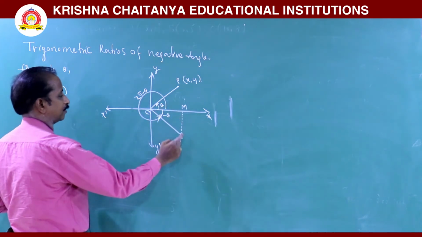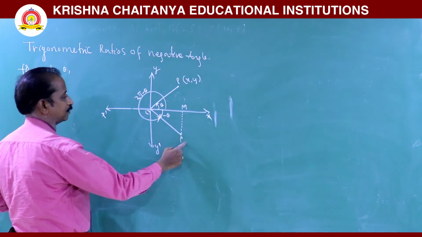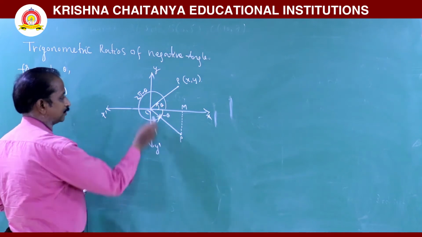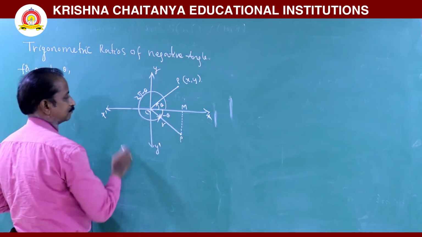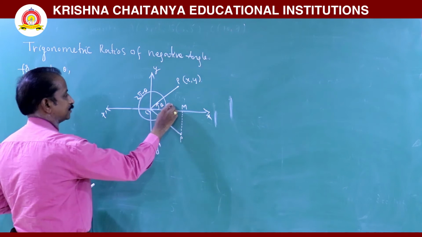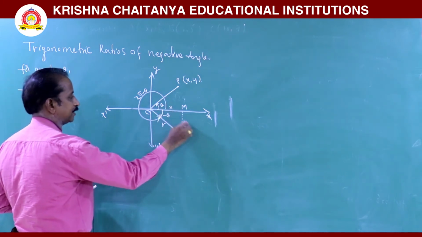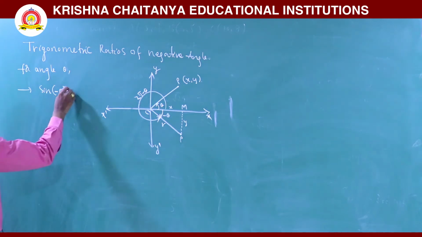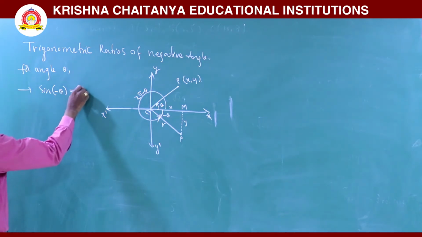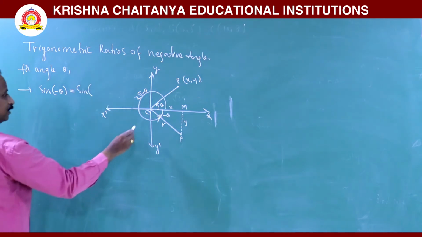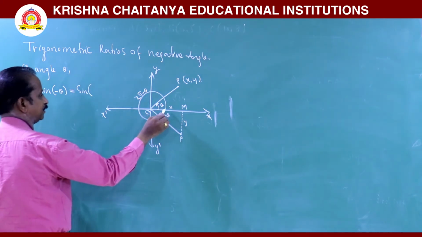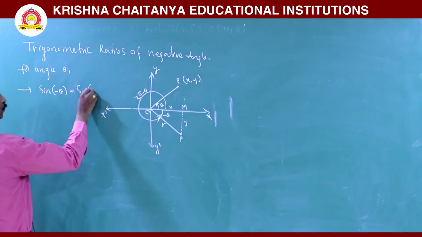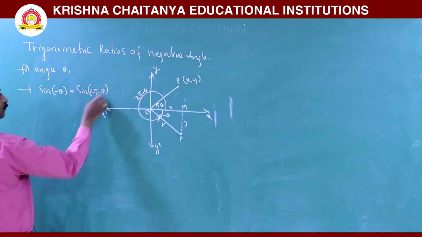So this lies in the fourth quadrant. Fourth quadrant, x positive, y negative. So this is nothing but r, this is nothing but x, this is nothing but y. So now sine minus theta, we can write sine of minus theta in clockwise direction, in anti-clockwise direction nothing but sine of 2 pi minus theta.